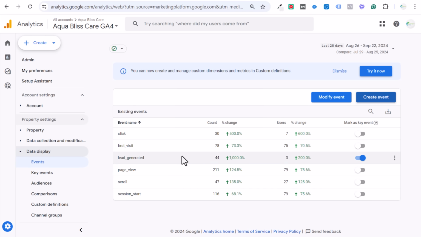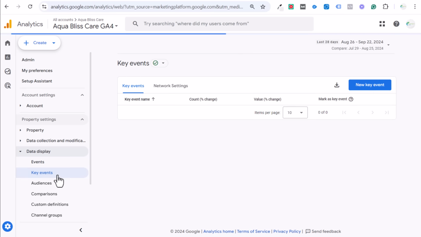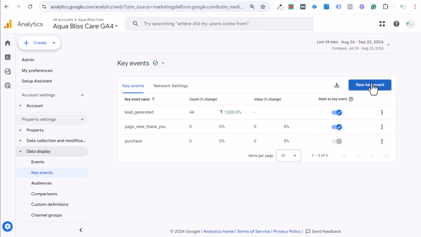If you don't see it here right away, the way it shows up right here, if you do see it, then mark it as a key event. You could wait until it starts tracking more and then mark it as a key event, or just go over to your key events and create a new key event called lead generated here, like you can see here,